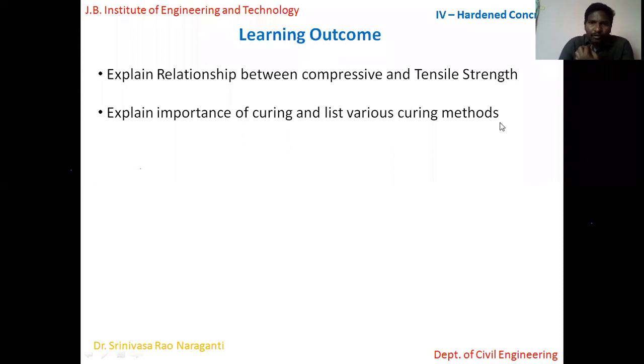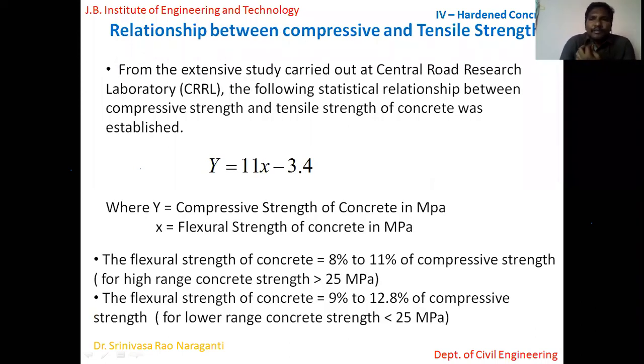So first thing is we'll be talking about the relation between compressive strength and tensile strength. The way we find out the compressive strength and tensile strength of concrete, we'll be discussing in upcoming modules because that's in the later part of the syllabus. So maybe I'll just start explaining the relation. If you remember, guys, compressive strength of the concrete is one of the very primary and basic properties of the concrete. I think you already studied the DRCS subject, design of reinforced concrete structures, where you often use the value called fck. fck is the characteristic strength of concrete, the strength of the concrete that we expect it to obtain after 28 days of curing. So that is a very important one.